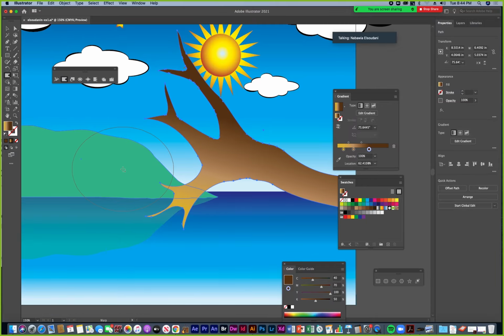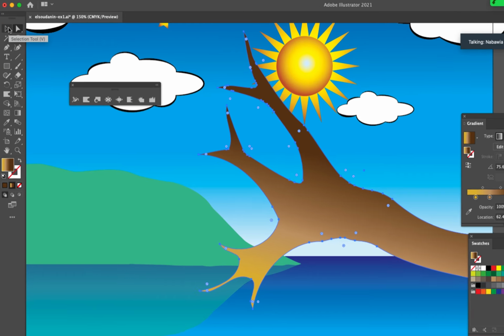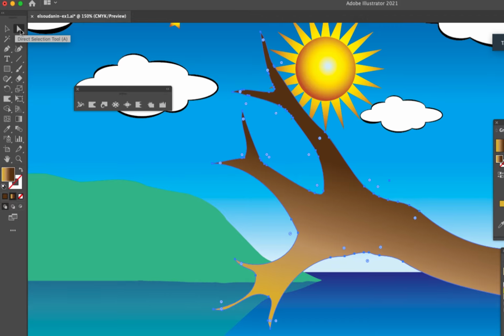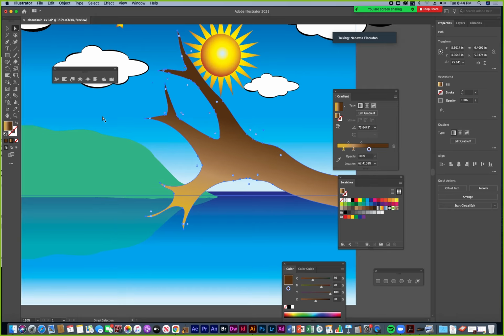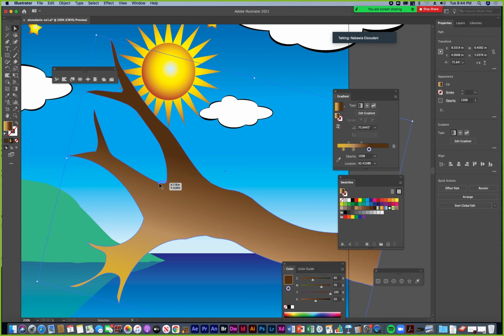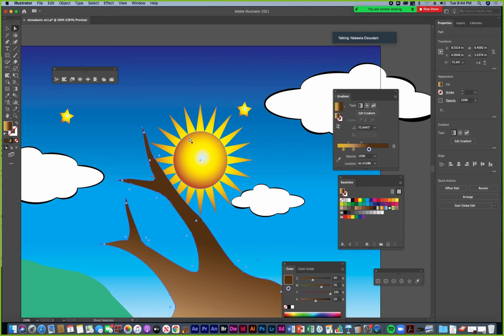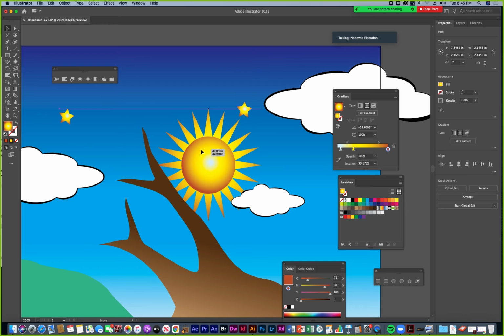And now I need to make my tool smaller because I kind of messed this part up. And actually there's the direct selection tool that you can also use to get you out of a bind if you need to. What's great about the direct selection tool is it allows you to select individual points and move them around. So like for example on my sun, if I want to change the lengths of these sun rays,